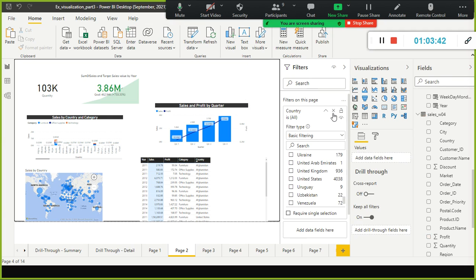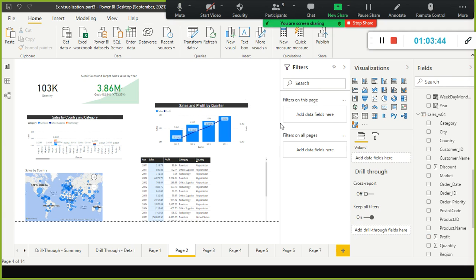And one second, let me clear this one. Filters on this page, whatever the filter you apply, that one will get applied to the entire page. Okay, and the next one is filters on all pages. Supposing I just copy paste this one to the next page.